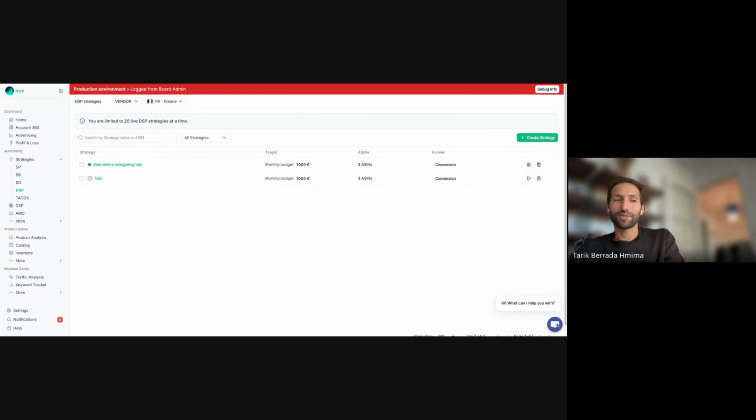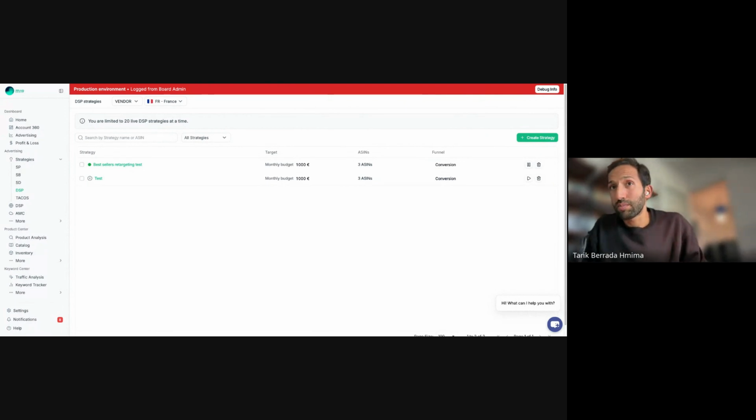It depends. I always recommend to start with testing with one category. The basic setup to start with is a retargeting campaign, people viewing that didn't buy, a reactivation campaign, people that bought in the past that didn't buy recently when it makes sense for repeat, for example protein bars, and one in-market campaign for supplement in-market people, excluding people that are viewing or that know the brand that bought in the past.